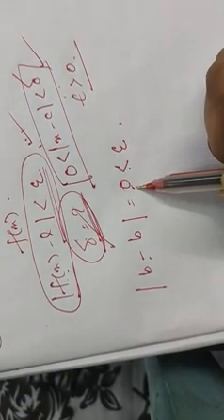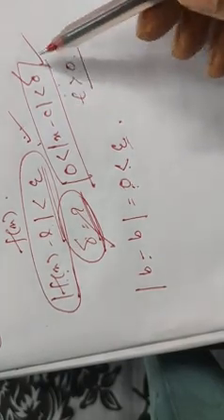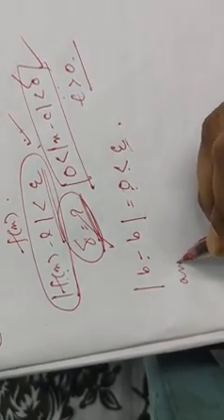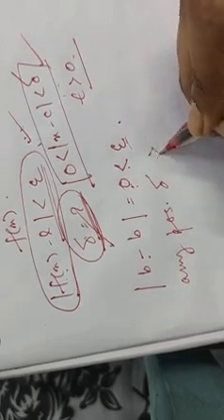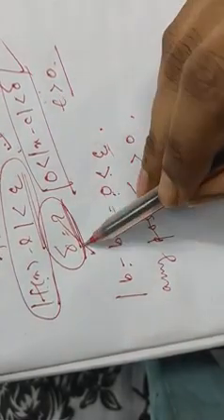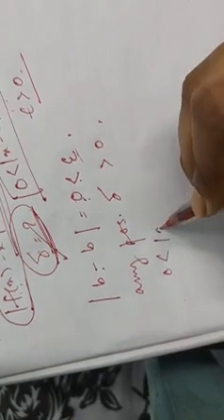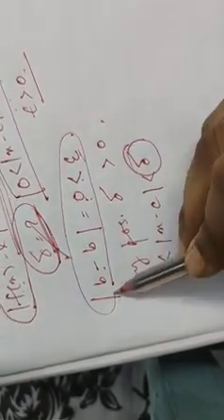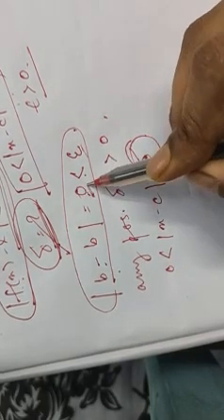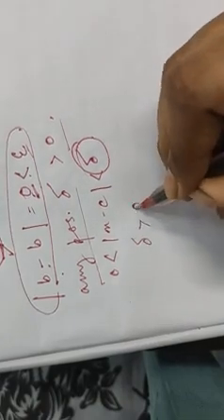Then what will be the value of delta? Delta depends on that epsilon. Now we can take any positive delta, because whenever you choose any value of delta, this will always satisfy the condition 0 less than |x - c| less than delta. And for any delta, the quantity |f(x) - L| will obviously be less than epsilon, because this value is 0. So here any positive delta will work. The value of delta will be greater than 0. This is the required answer.